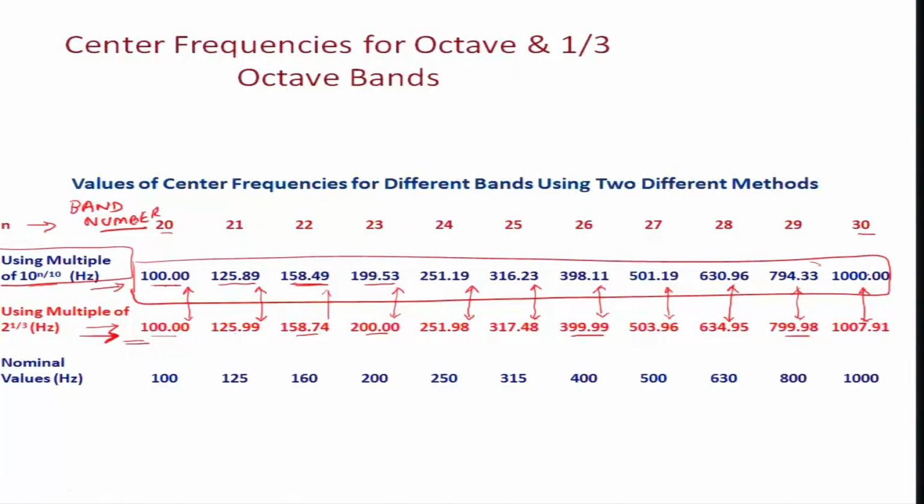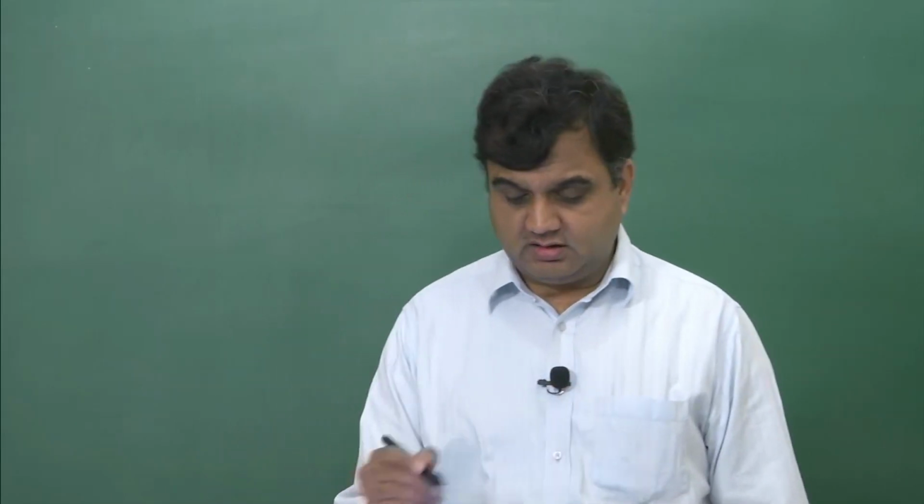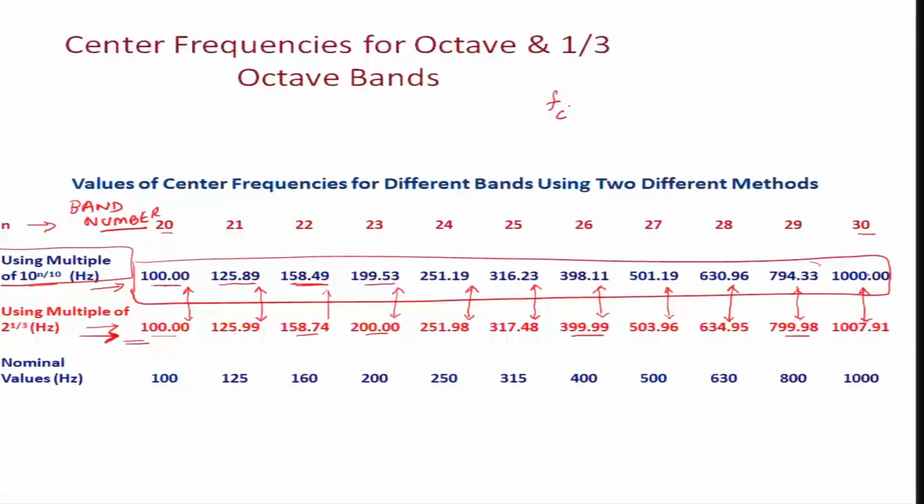So, someone asks you what is the central frequency of the 15th octave band. If the question is what is the central frequency of the 15th band, then how will you compute it? You just do this, 10 to the power of 15 by 10, which is 10 to the power of 1.5, and you do the math, I think it will come out to be 31.6 hertz. Okay. So, the moment someone says the band number, you can calculate the central frequency using this relation,